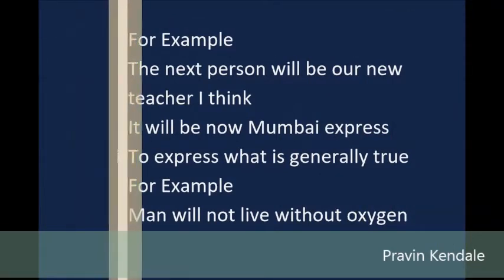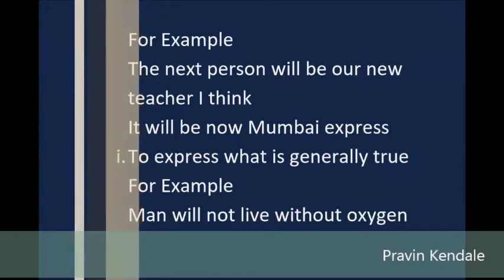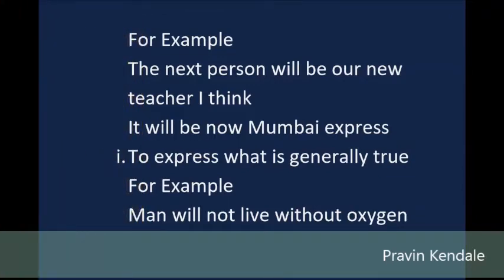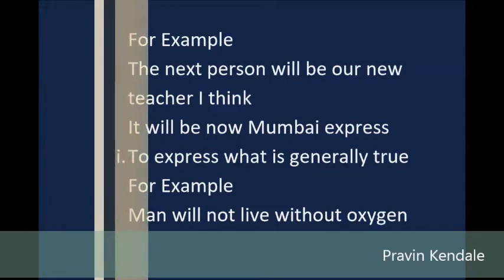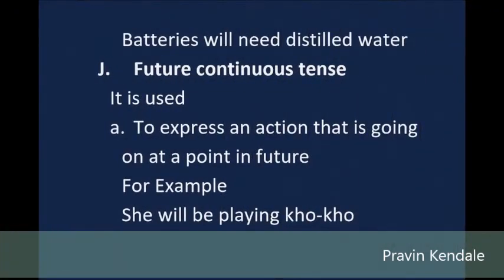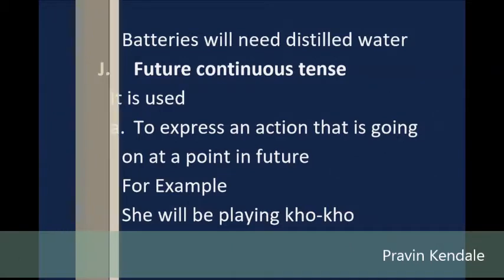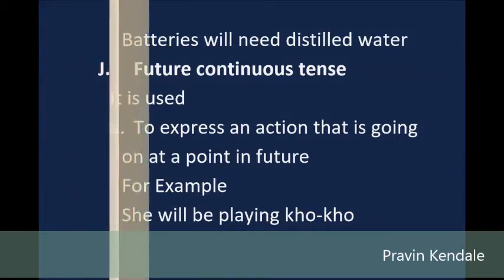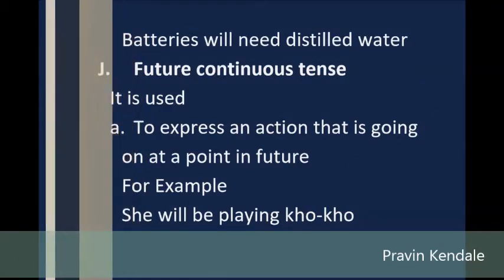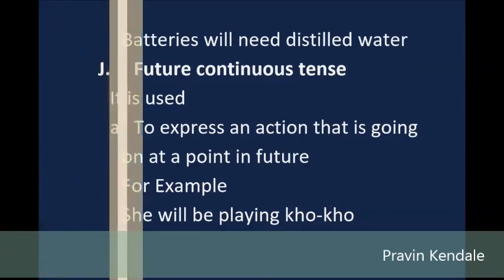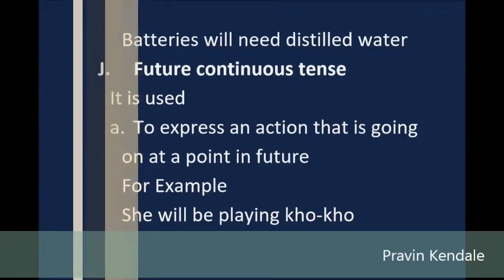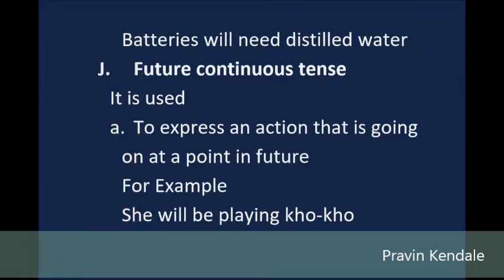H. To talk about what you think is probably true. For example, the next person will be our new teacher, I think. It will be now Mumbai Express. I. To express what is generally true. For example, man will not live without oxygen. Batteries will need distilled water. J. Future continuous tense. It is used